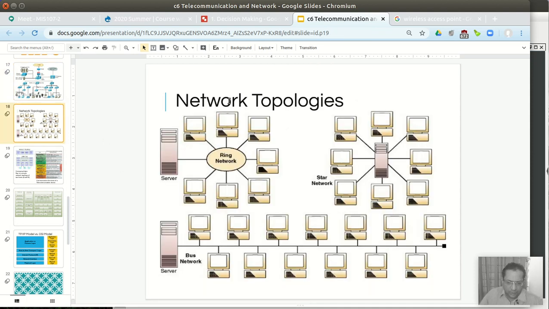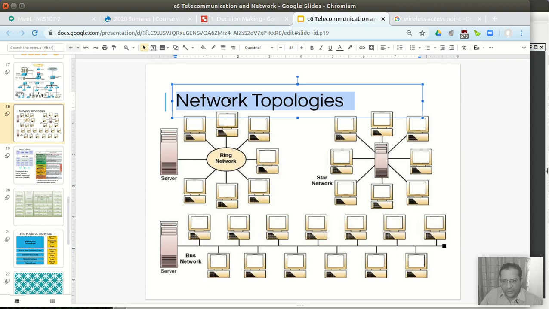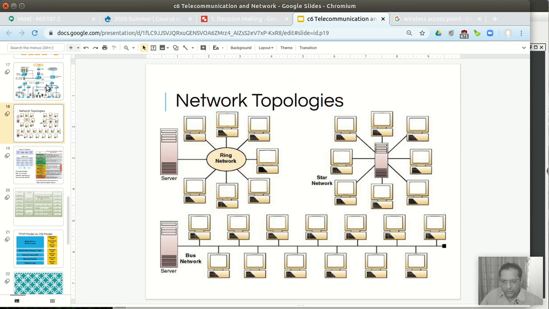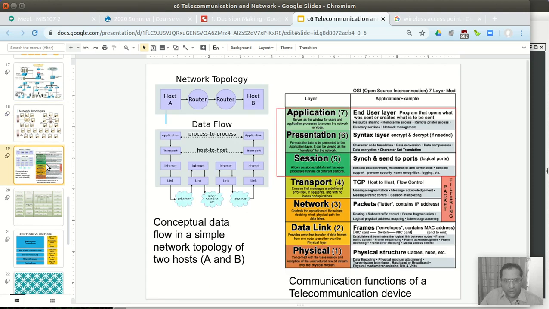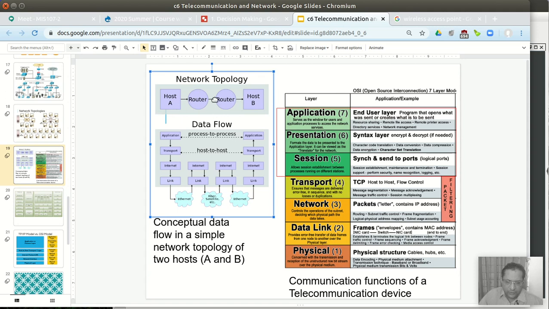So we looked into network topologies. Again, every time you look into any of these topics, consider what it is, the advantages, the disadvantages. So which one should you choose? That could be a question. All right, network topology we looked into. Over here we have another diagram. So how it goes. So network topology, how it goes, one host to another host. That is the topology. Now, within network topology, how does data flow, right?